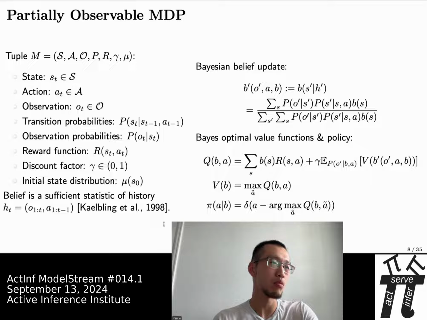So here we need to recall another very important result from POMDP theory, which is that the belief state, which can be computed from the Bayesian belief update, is a sufficient statistic of the entire history, which means that if you condition your policy on a belief state, then you don't have to condition your policy on the entire history. And then once you do that, you can define the value function also in terms of the belief. So we have what's called the belief action value function, the belief value function.